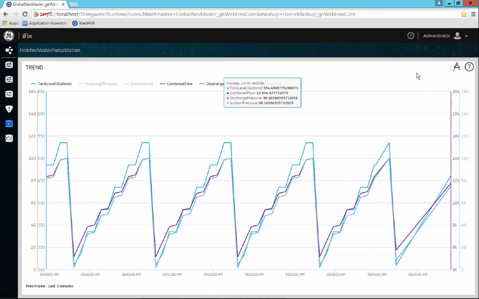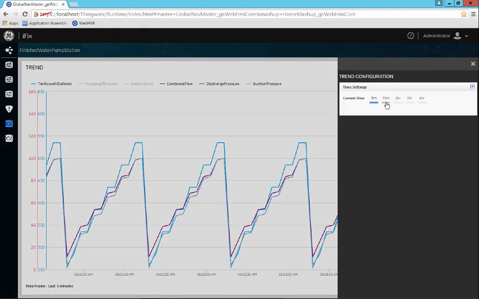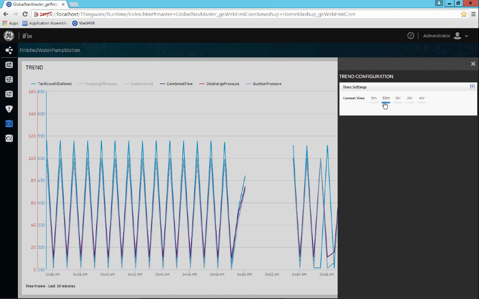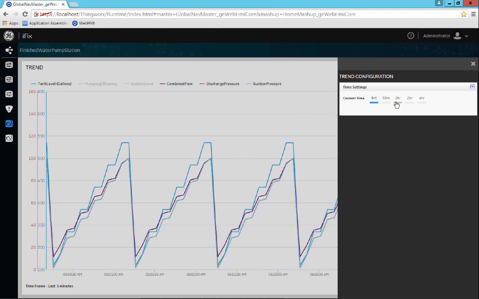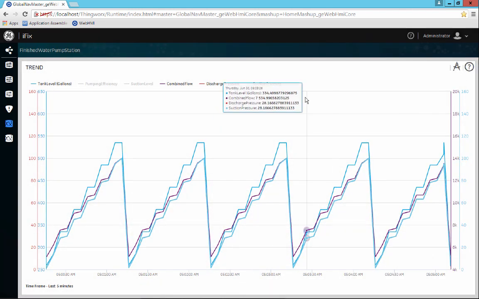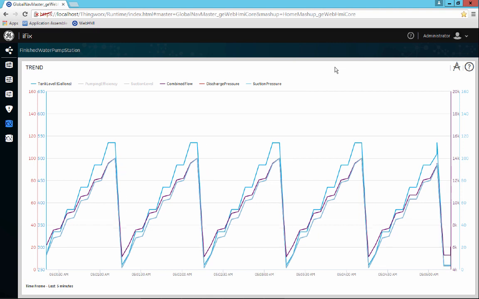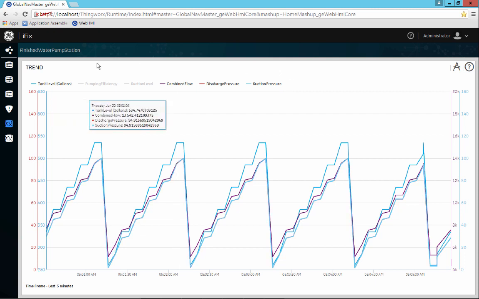It's a very configurable trend itself, so we can go ahead and select the time span that we want to see data in, and there's a time picker, and you can see where data is coming in, where there's gaps, if any. And again, you have a lot of control over this type of trending capability. When we look forward in a few moments at how this gets configured, you'll see even a greater level of flexibility and capability within the trend based on how you specify what loads in context to your model when you're